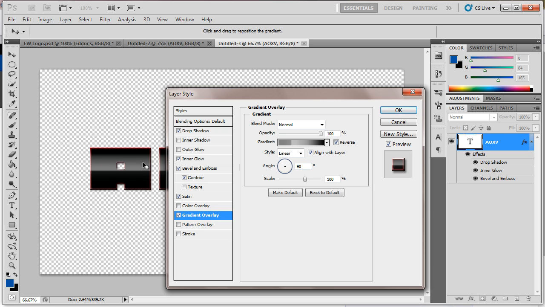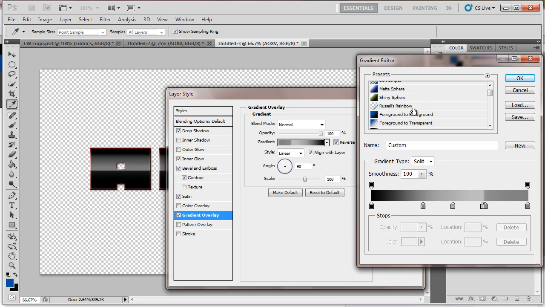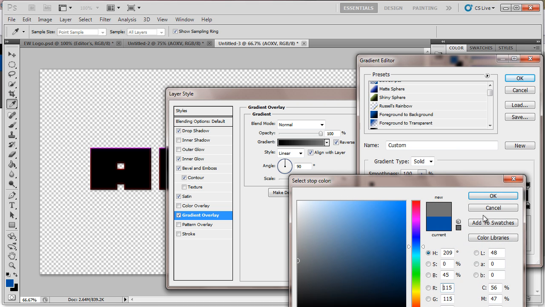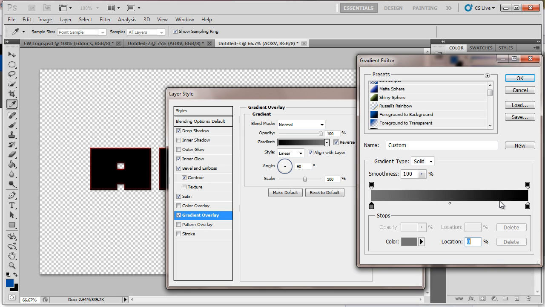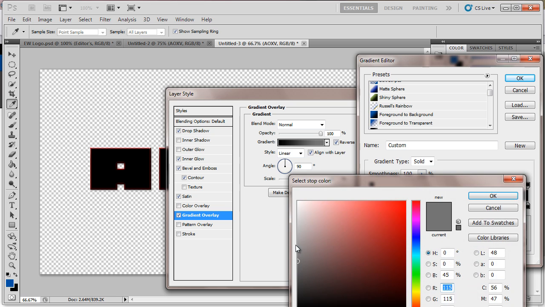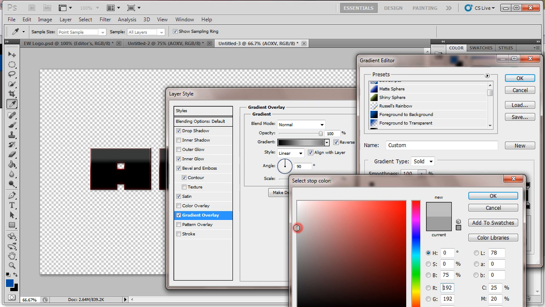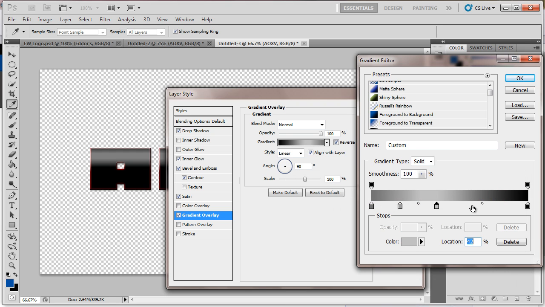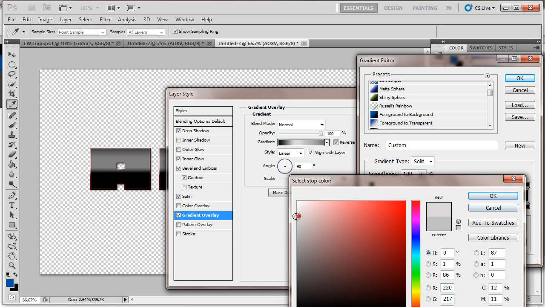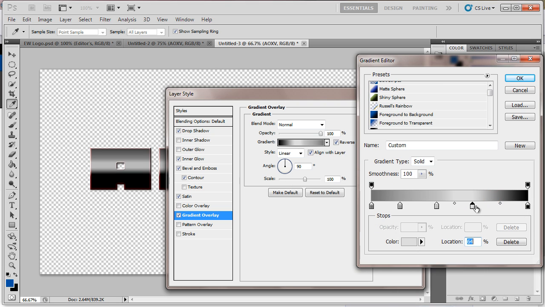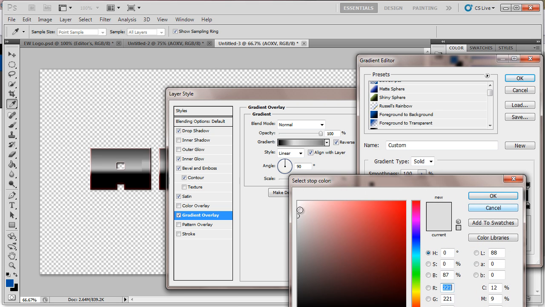Now I saved it as my default so I wouldn't have to do it again, but for the sake of the tutorial, I'm going to go ahead and make a new one. We have it here. What we need to do is start at a dark color on the left side and gradually get lighter, and then we're going to cut it off and make it dark again. So about right here, we're going to make it a little bit lighter, about like that. Over here, we're going to make it even lighter, and same thing about right here, make it a little bit lighter. And then right after this, about right here, we're just going to go back to dark,